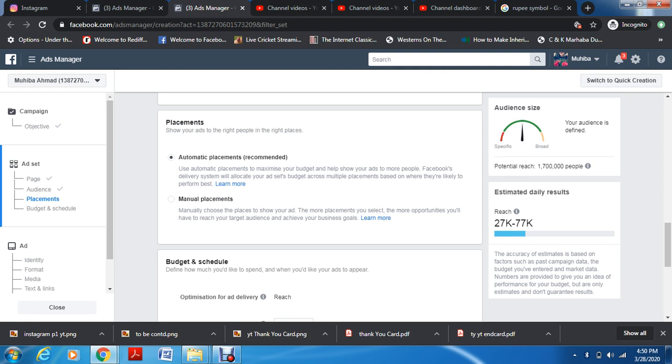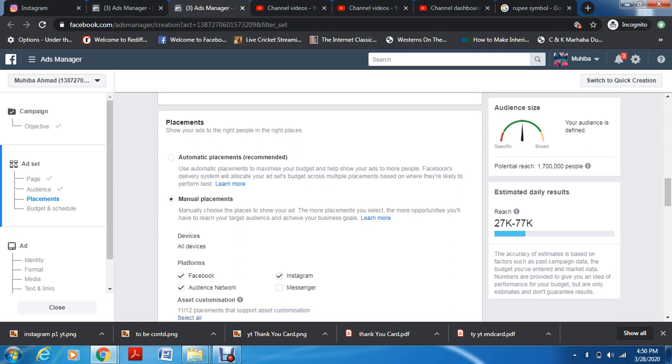So placements, I already told you, placements mean where you want to put your ad, okay. If you select automatic placements, that's also good, but it means wherever Facebook considers your ad should be placed, they'll place it themselves without considering you. But because you only want Instagram and you only want your ads to be placed on Instagram, that is why